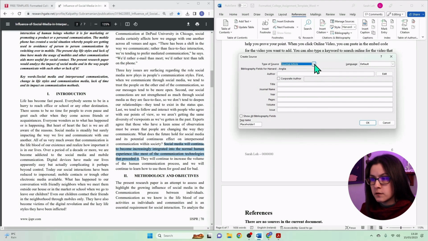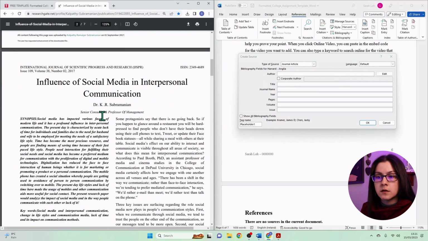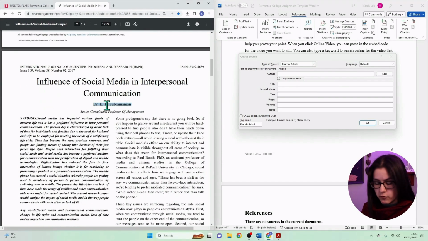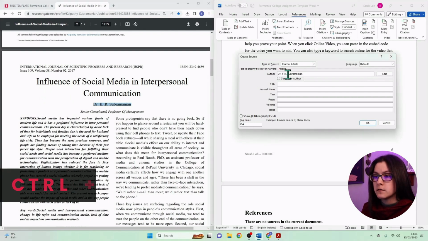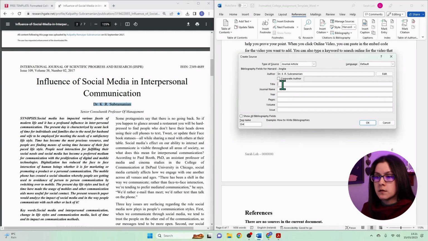So the type of source here is a journal article. There's others here for book, website, and lots of other things. So journal article, and we're going to get this information from our article. So the author is, here we are, copy that, Control C, click back in Word, Control V for paste, or you can also right click and paste. Okay, fill in the title,